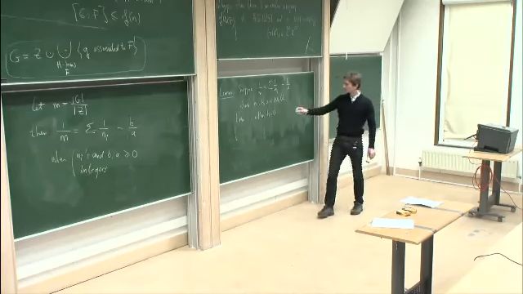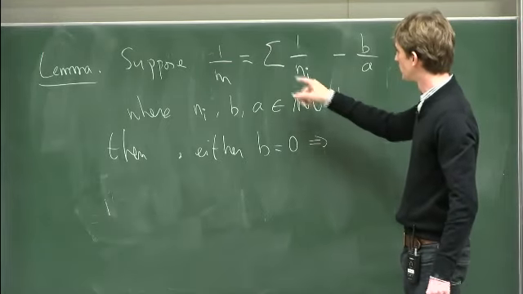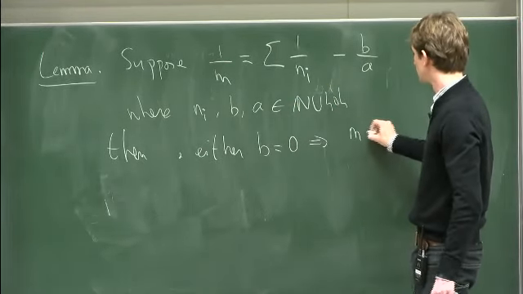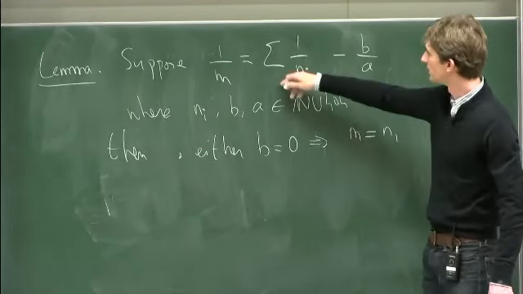Then either b equals 0, in which case in fact m is equal to n_1, and in this sum you have only one term,